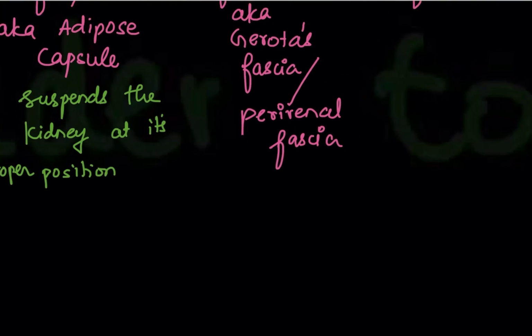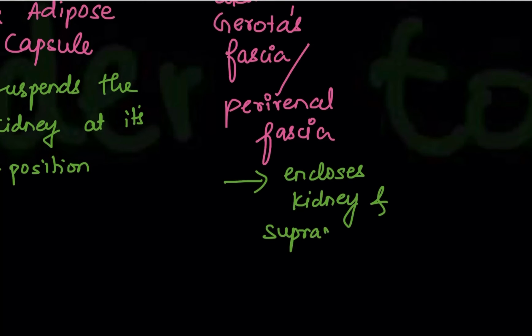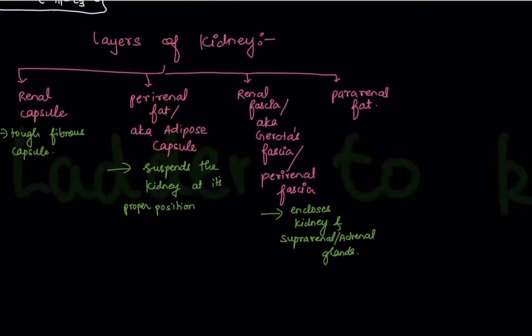The renal fascia or Gerota's fascia, which is also known as perirenal fascia, encloses the kidney and suprarenal gland. On the kidney, you have triangular shaped glands, like a cap, like a Christmas cap. Those caps are nothing but adrenal glands, also called suprarenal glands because they are present above the kidney. Kidney we call renal, so above the kidney the name comes as suprarenal gland. I can write adrenal glands. Suprarenal, I hope you understand the meaning behind it now.